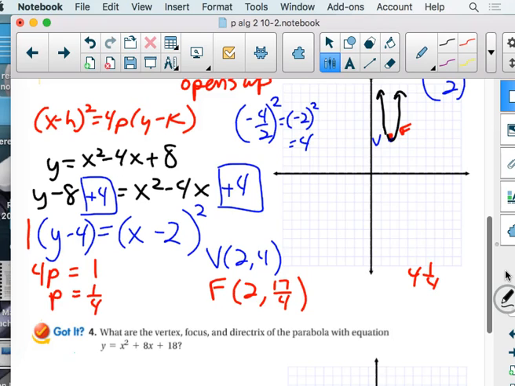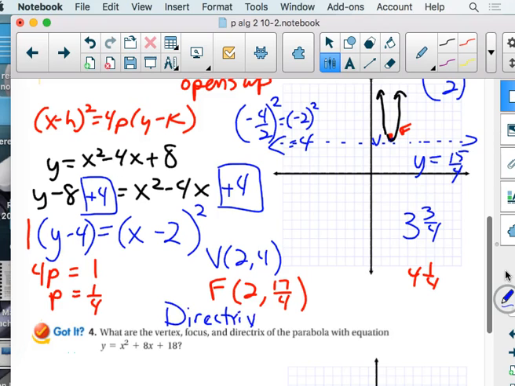And then they said, tell us where the directrix is. Well, it's equal but opposite to where the focus is. So that's going to be 1/4 of a unit downward. The line that says, don't go this way, go the other way. So it's y equals, but it's not 4. It's 1/4 below 4, which would be 3 3/4. Well, again, we change that into an improper fraction, and that would give us 15/4. So the directrix is the line y equals